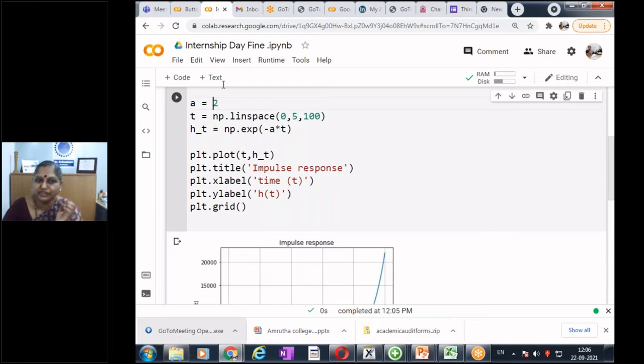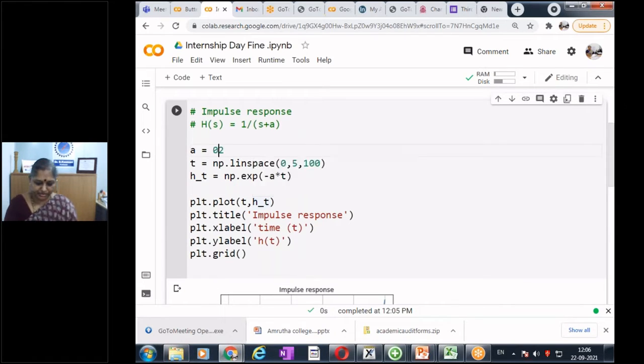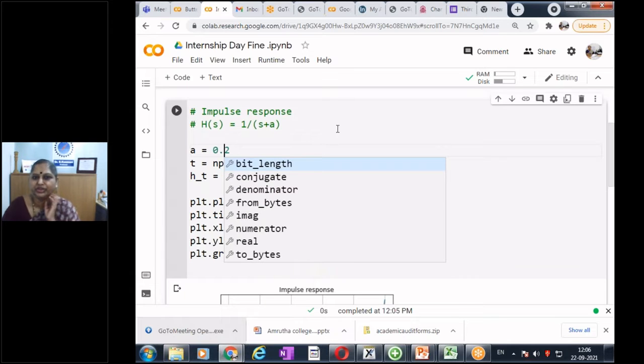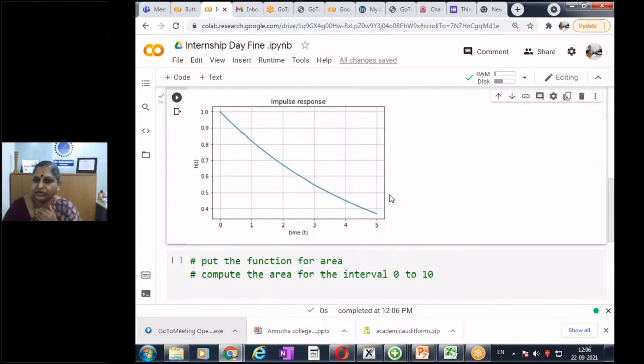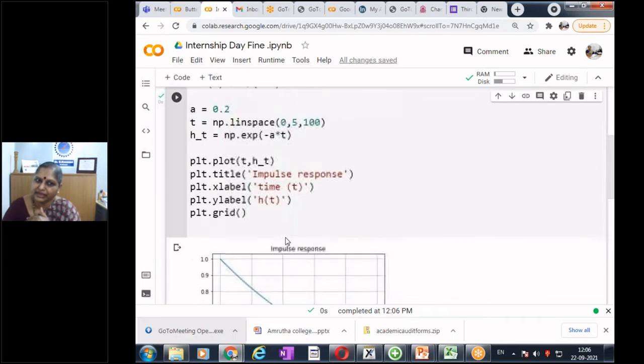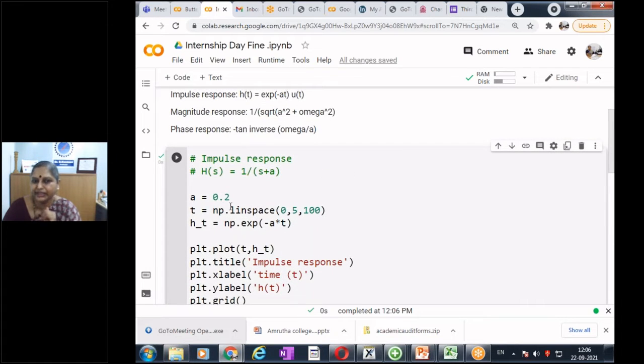So now instead of A equal to 2, run it for A equal to 0.5, 0.2. A equal to 0.2. Now run and see what happens. Is it stable, unstable? How do you compare A equal to 1 and A equal to 0.2? How is it going now? It is slowly decreasing, because we have fixed our time, and my rate of decrease is e power minus 0.2t, where A is 0.2.